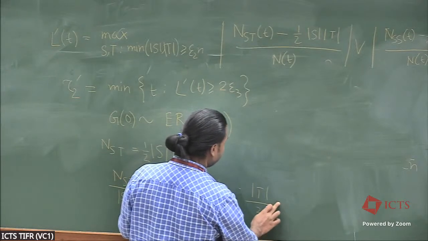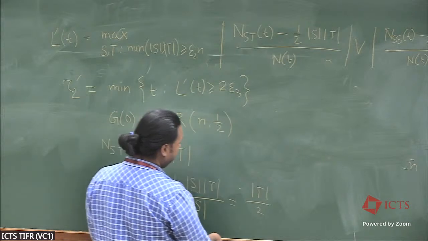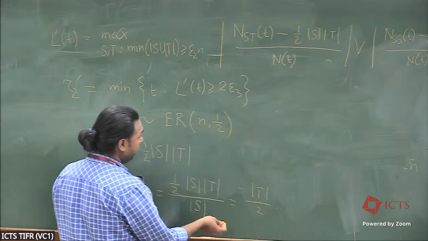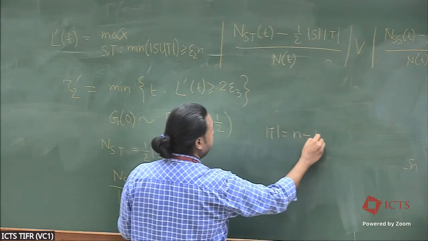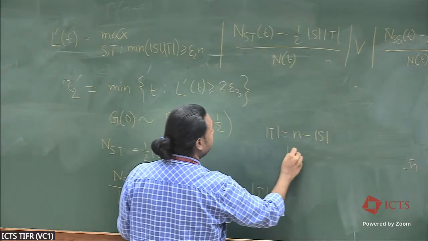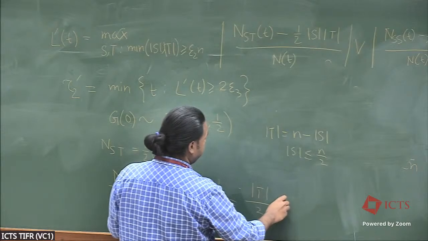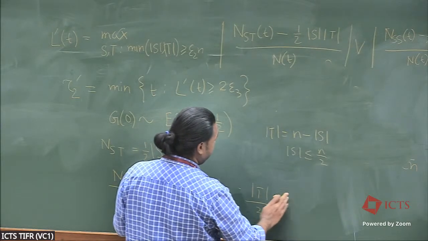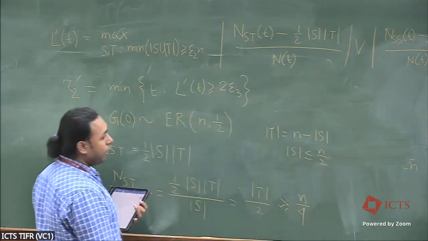So |T| is n minus |S|, and |S| is less than or equal to n by 2. So this is actually bigger than or equal to n by 4. And